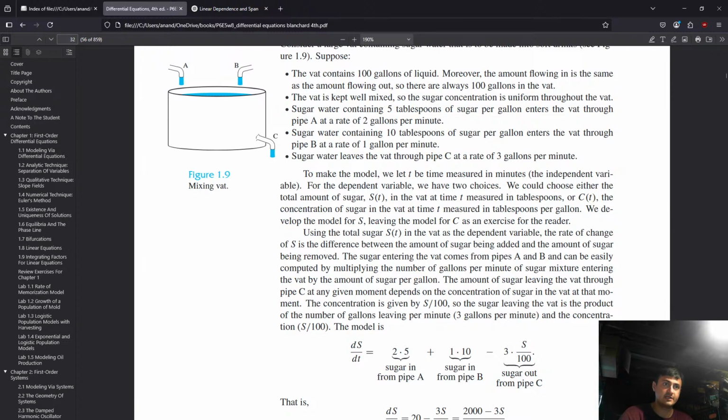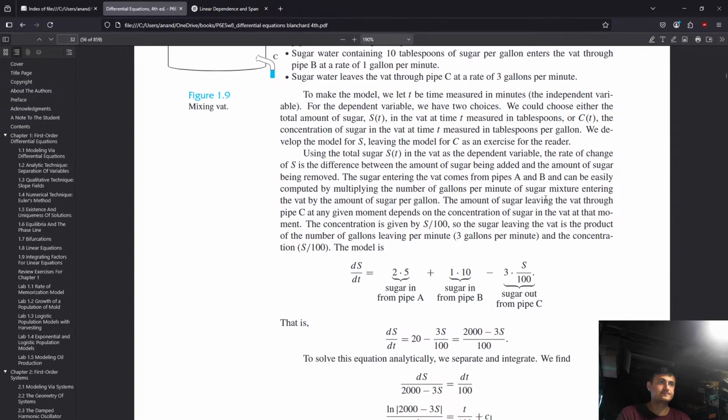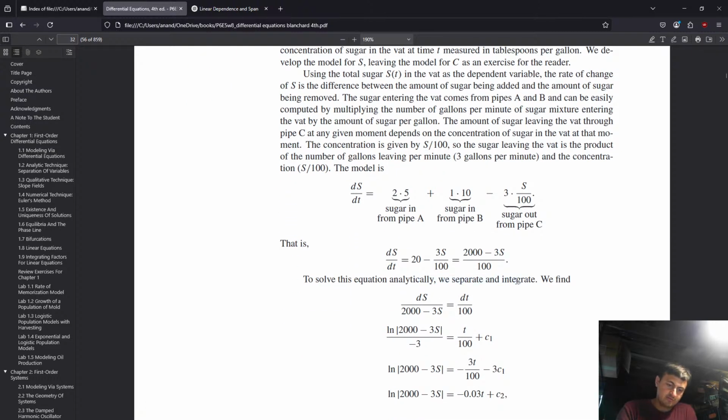And then we're subtracting, oh wow, okay, 3 gallons per minute times S over 100. I'm pretty sure S is also in tablespoons. So that gives us S dot is equal to 20 minus 3S over 100. Okay. I'll do the manual. Okay, so we get